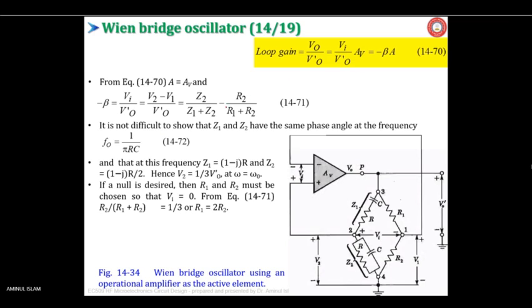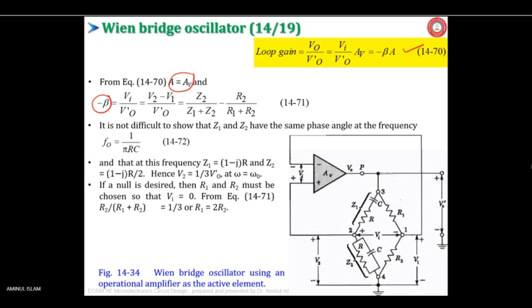Yes sir. The loop gain is kept here for easy understanding. From this equation, minus beta A equals AV, that is the voltage gain, and minus beta equals VI by